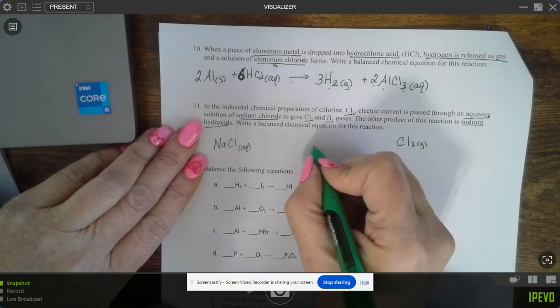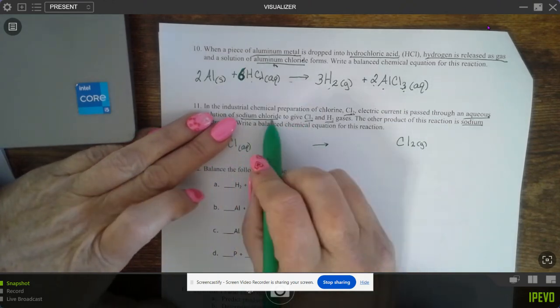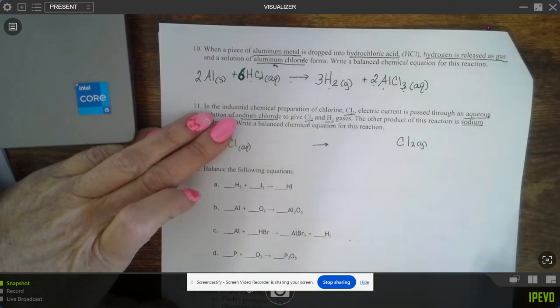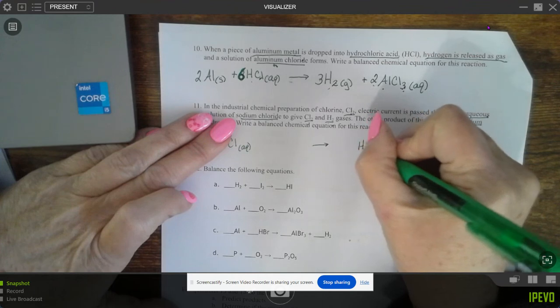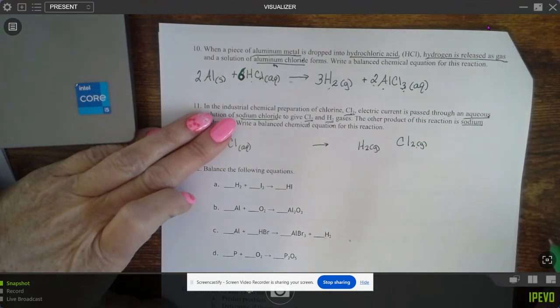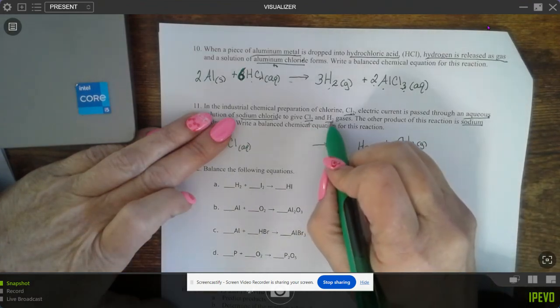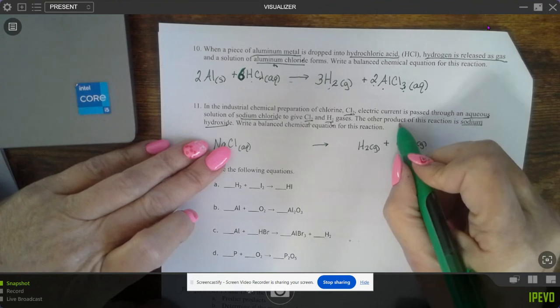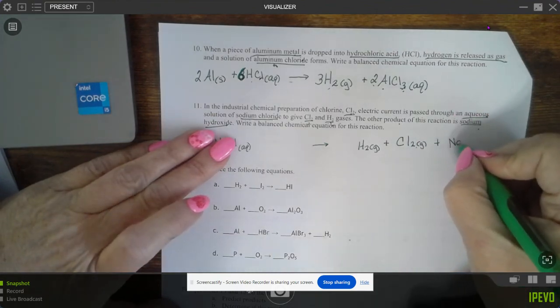It tells us to give chlorine and hydrogen gases. So we've got chlorine gas. We've also got, oh my goodness, I'm sorry guys, my dogs are going crazy. Hydrogen gas, okay? So it's saying it produces hydrogen and chlorine. And the other product is sodium hydroxide, which would be NaOH,